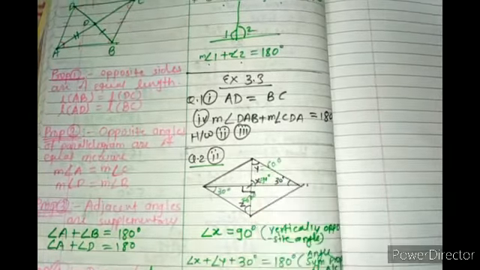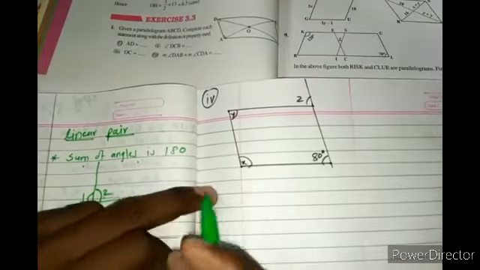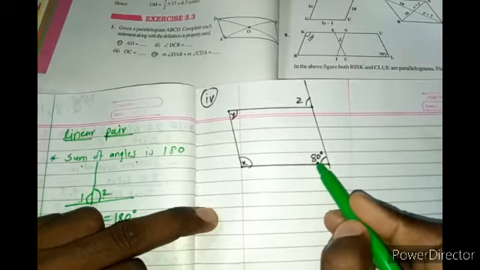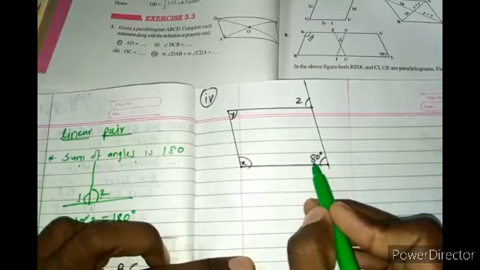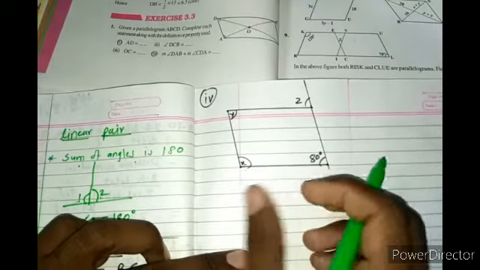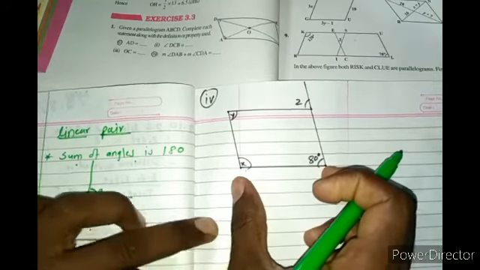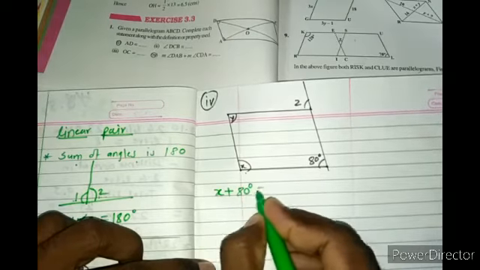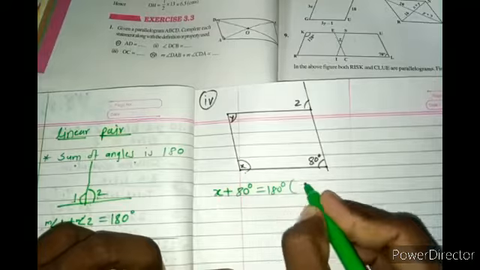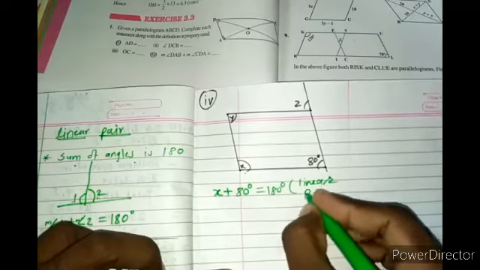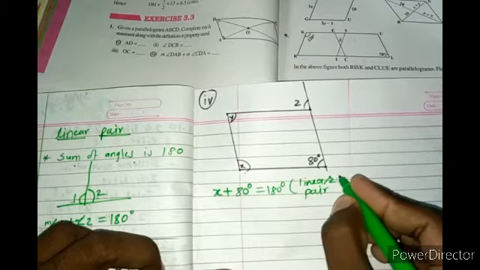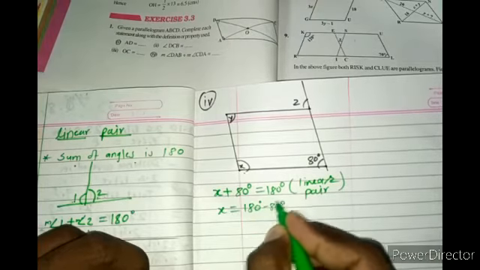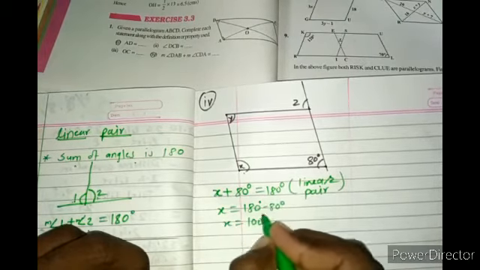Okay, let's try to solve the question number 4. Here the unknowns are x, y and z angles. Only one angle is given, that is 80 degree. So by the use of this 80 degree we can find the x. Yes, which pair it is? It is the adjacent pair. So I can write x plus 80 degree is equal to 180 degree, linear pair. So x equal to what? So x is 100 degree.